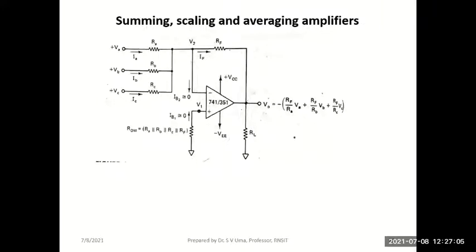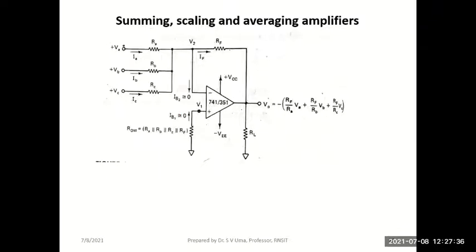Here, make a note of this circuit. This is the circuit of an op-amp inverting summing amplifier. Let me call this a summing amplifier. The same circuit can be made to work like a simple adder. It can be made to work like an averaging circuit. We'll see how all this can be done. So first, we'll call it a summing amplifier.